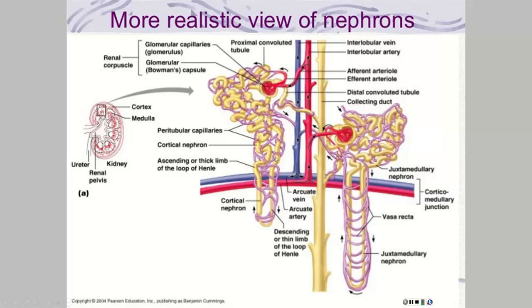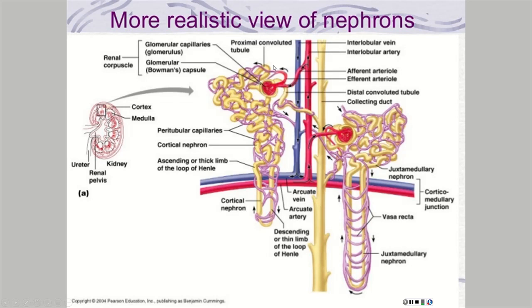The entire nephron is surrounded by two different types of capillaries. We've got paratubular capillaries, which surround every bit of a cortical nephron, and the PCT and the DCT of a juxtamedullary nephron. And then we also have a special capillary called the vasa recta, which surrounds the loop of Henle in juxtamedullary nephrons. Make sure if you didn't get the difference between juxtamedullary and cortical nephrons, you clear that up, because next class we're going to really focus on the juxtamedullary nephrons. That actually came from the self-study portion.